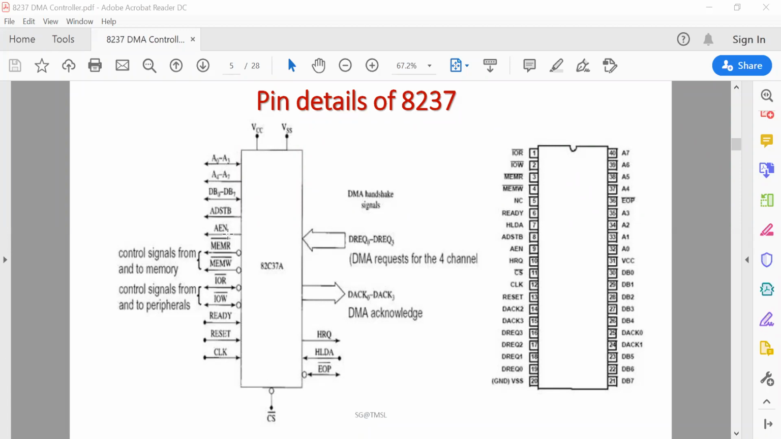AEN, this is address enable. This is an active high output enable pin for the 8-bit latch that drives the upper 8-bit address bus. The address enable pin is used to disable other bus drivers during DMA transfer. Okay. And ADSTB, address